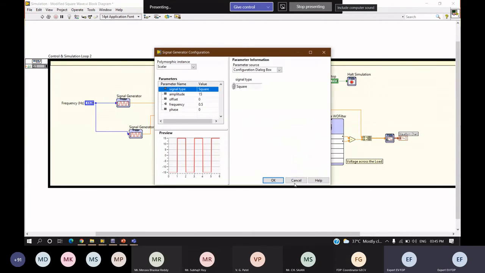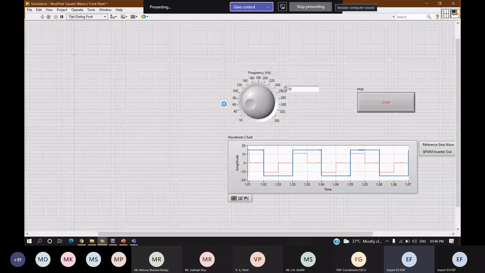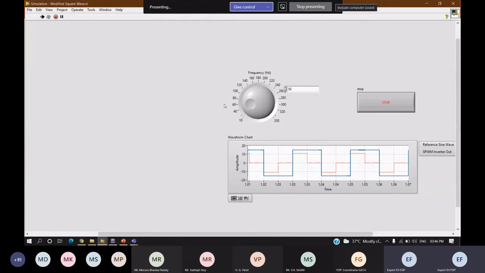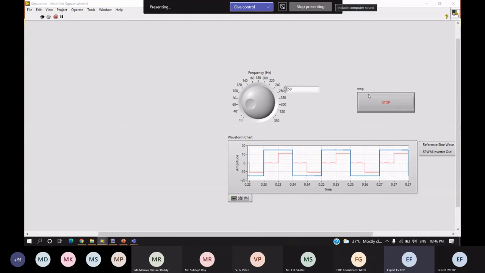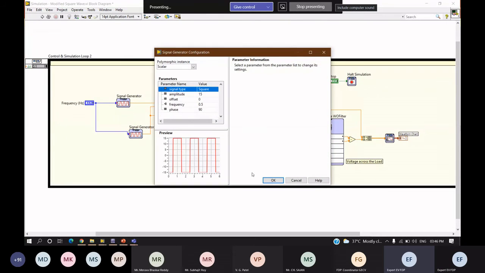Sorry, I have connected square. Actually, I need to connect sine to compare the output. Yes, so now it would be fine.